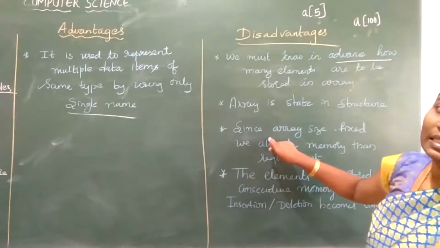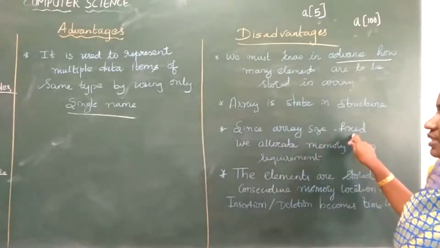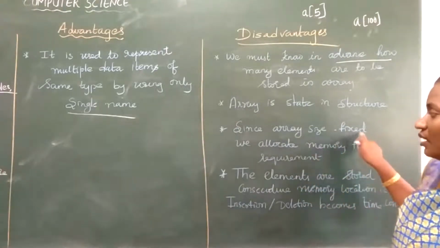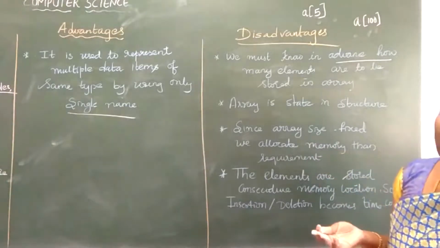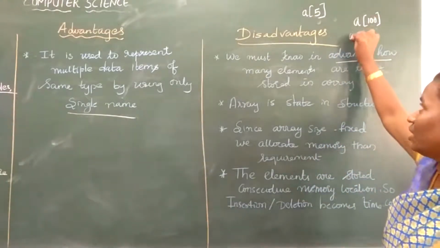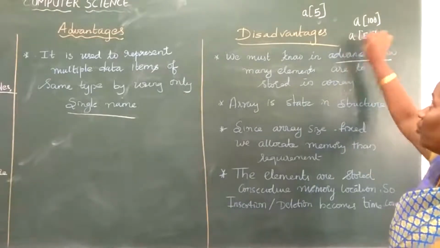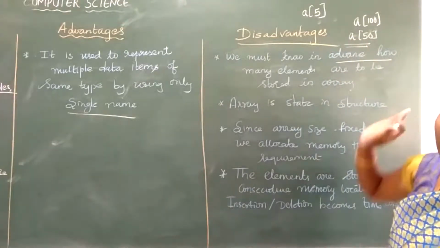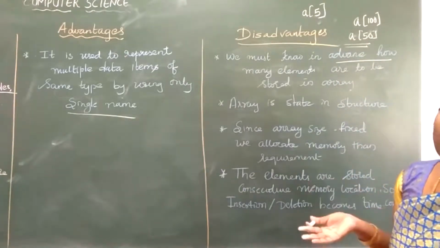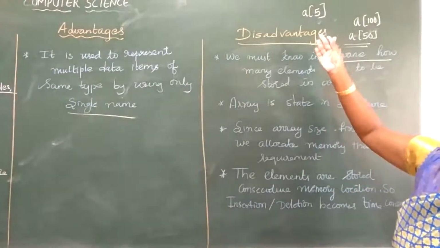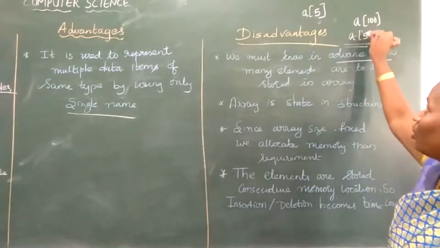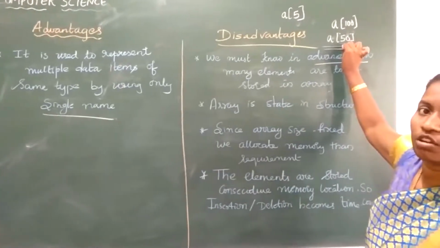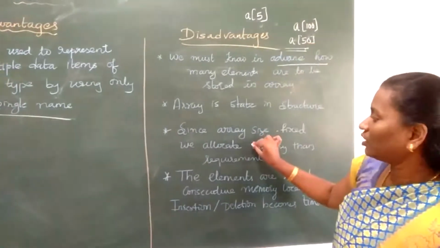That itself is the next disadvantage. Why? Because the array size is fixed, we can't change it since it is static in nature. So we may allocate more memory than what we require. For example, usually we give the array size as 50. Even in your first year or second year programs, you usually reserve the array size minimum 20 or maximum 50. But how many array elements will you input? Only 5. So out of 50 you reserve 50 bytes, but you will be using only 5 bytes to store your elements. That is a loss, a waste of memory. So that is a disadvantage.